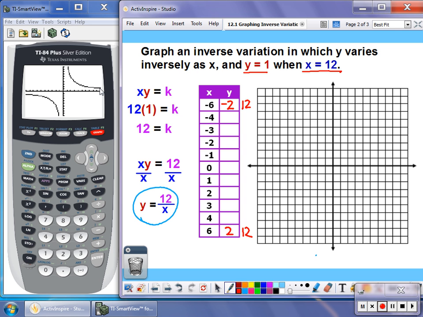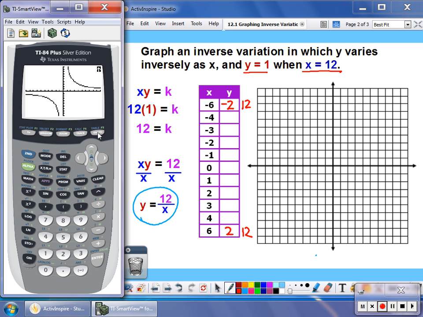So when you create your inverse variation curves, it's really important that you remember you're going to have two curves, so you're going to have a very big table of numbers. Okay? So if you go back to your table and you want to think about which numbers are going to be easy for you to graph, you want to look for numbers that are whole numbers. You want to look for numbers that are going to fit on your graph,